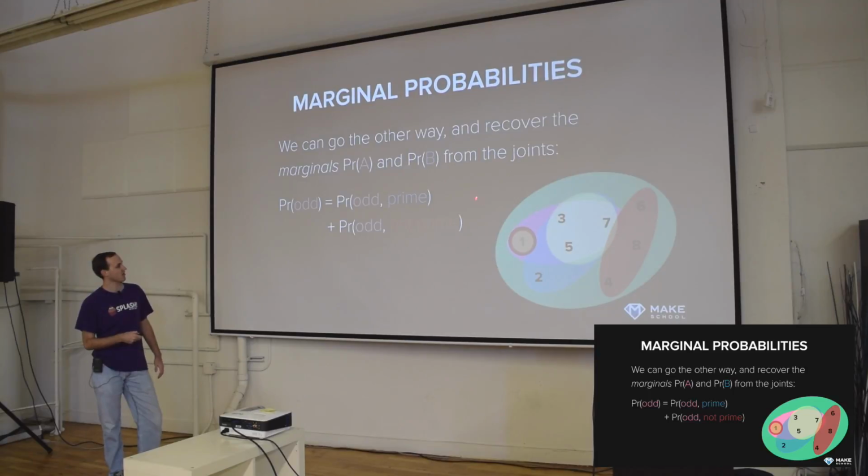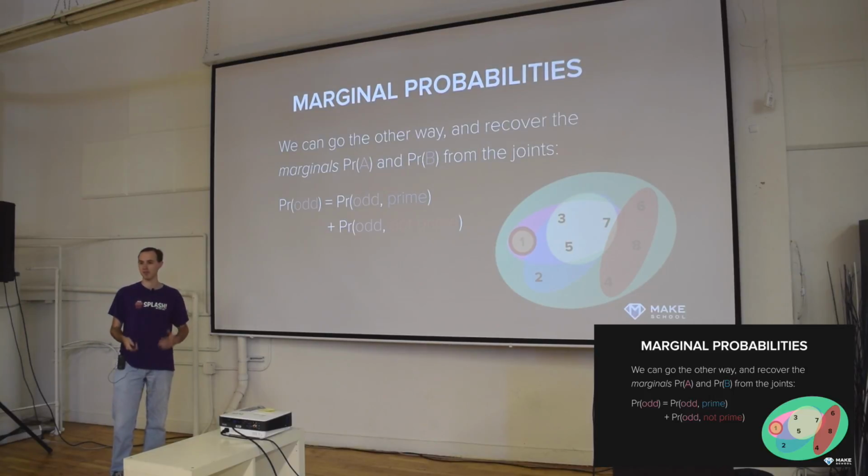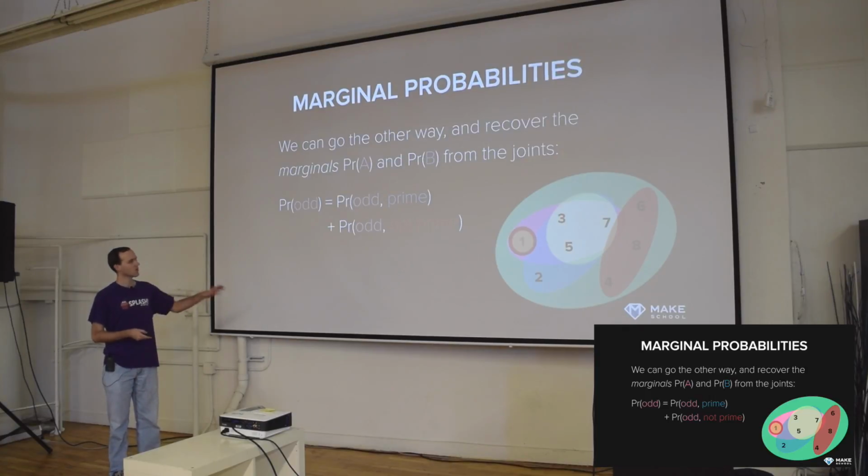So if we add together the probability where it's odd and prime, that's these three here. And then where it's odd and not prime, that's just this one here. We add in those two intersections, we get the 4 possible worlds out of the 8, which gives us the correct probability 1/2 for it being odd overall. People see how this works? So in general, if you want to figure out what the marginal probability of some event is, you